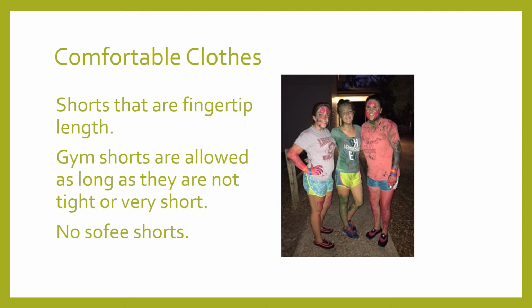There are specific kinds of shorts that they don't want you guys wearing at camp because of the way that they fit. And in this picture, I call your attention to the girls who are covered in paint from Marshmallow Paint War. That's one of our favorite activities at camp. But make sure that you bring clothes that you don't mind getting messed up. The paint often does not come out of your clothes, so you need at least one outfit to play this